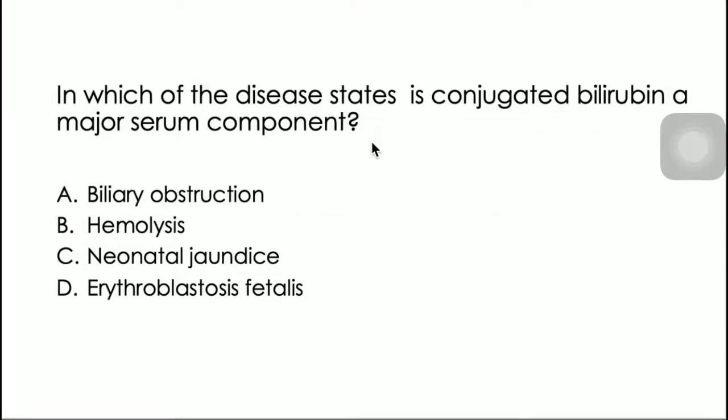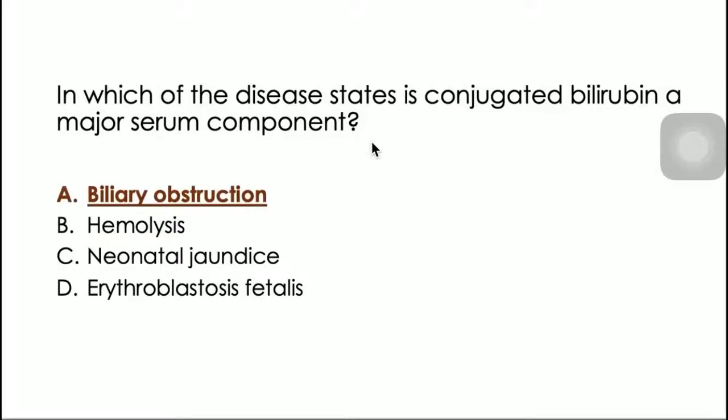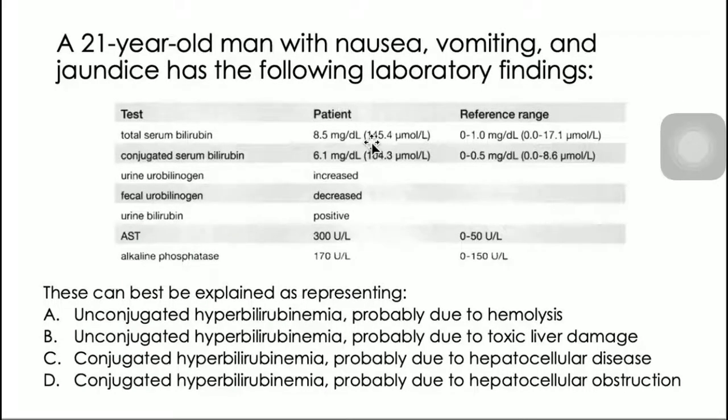In which of the disease states is conjugated bilirubin a major serum component? So, mataas po ang B2 or your conjugated bilirubin. So, again, this one is increased in letter A, biliary obstruction. So, for hemolysis, neonatal jaundice, erythroblastosis fetalis, mataas po dyan ang B1, or unconjugated bilirubin. For biliary obstruction, mataas po dyan ang B2 or your conjugated bilirubin. Okay? Next po,